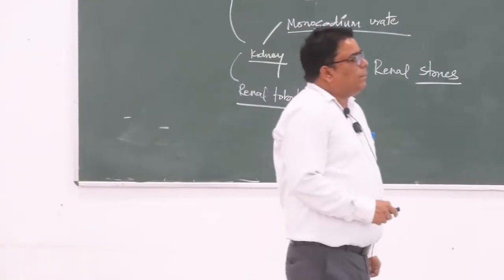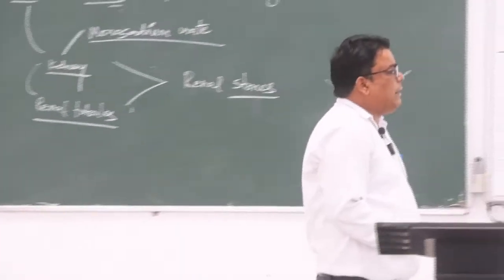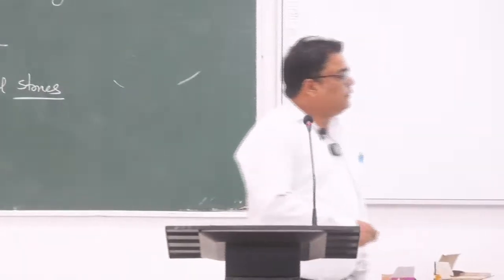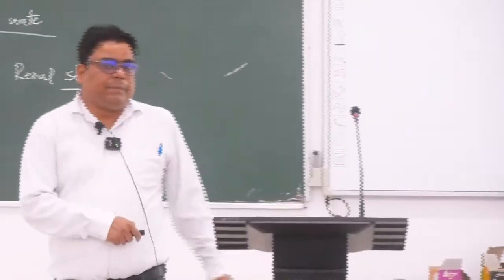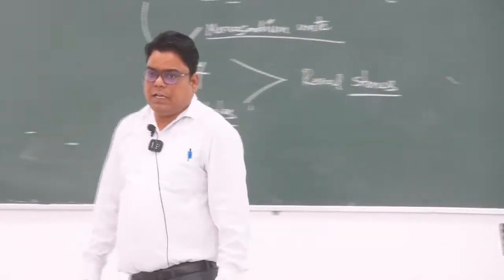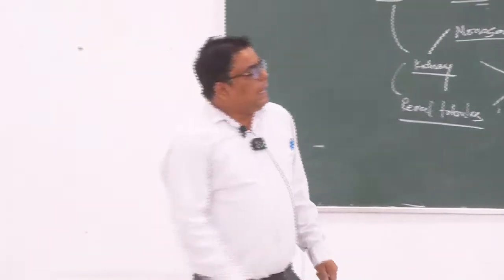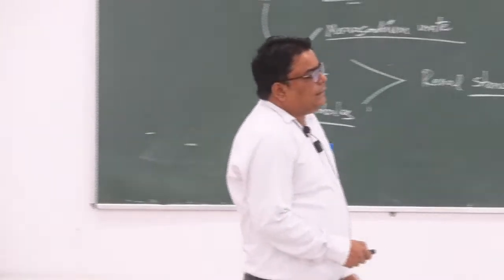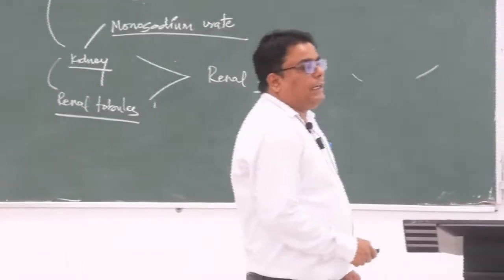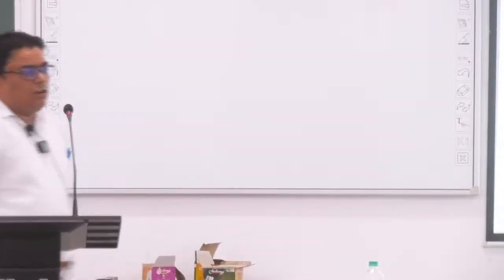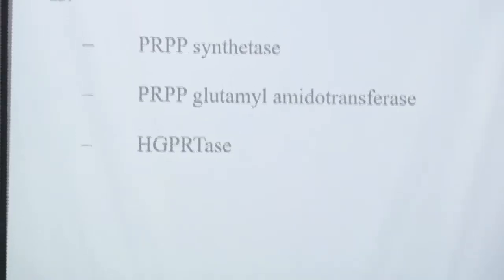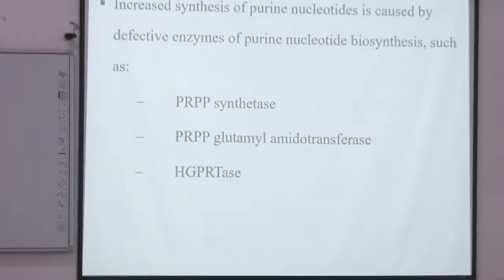now increased synthesis of purine nucleotide is caused by defective enzymes of purine nucleotide biosynthesis. These are all enzymes in which HGPRTase is a regulatory enzyme. HGPRTase is a regulatory enzyme. Due to a defect in this enzyme's activity, ultimately it can lead to overproduction of uric acid. Okay, and these are all the primary causes of hyperuricemia, primary causes of uric acid. Okay,